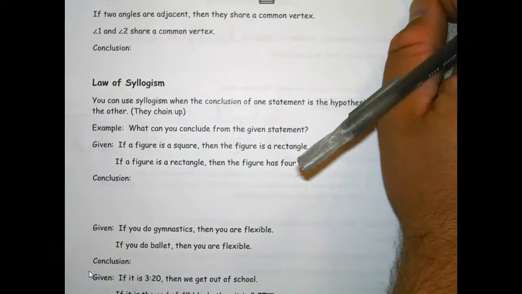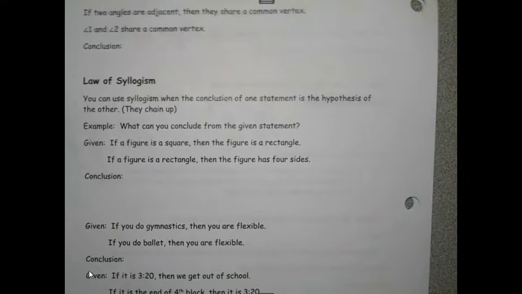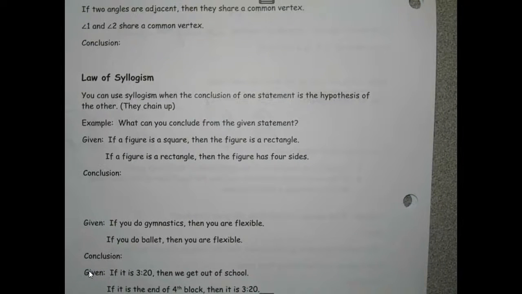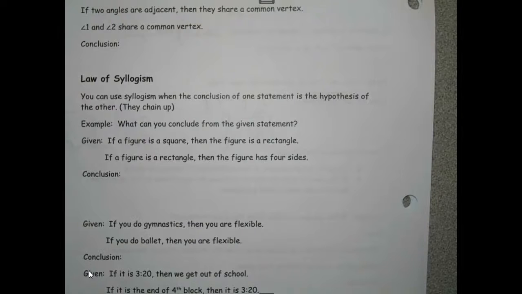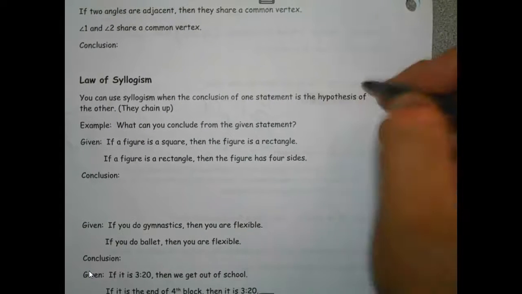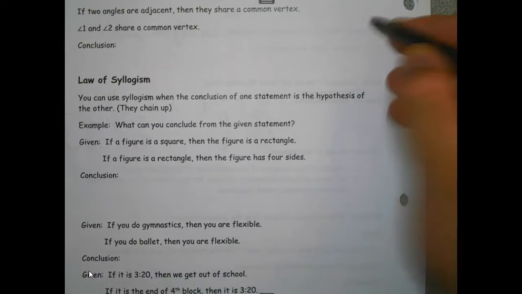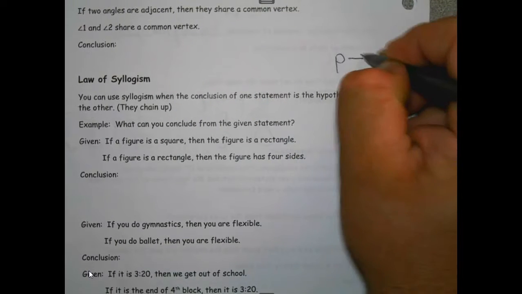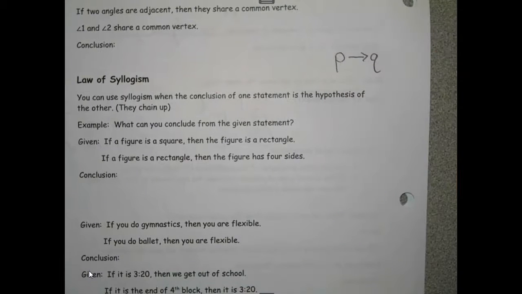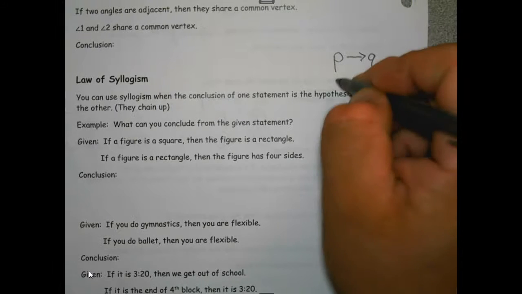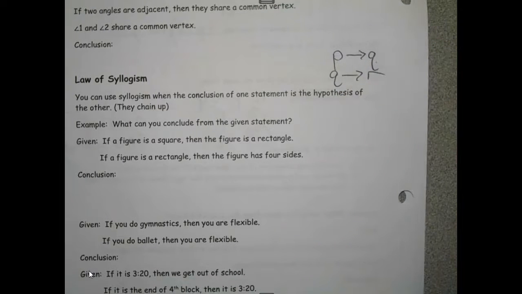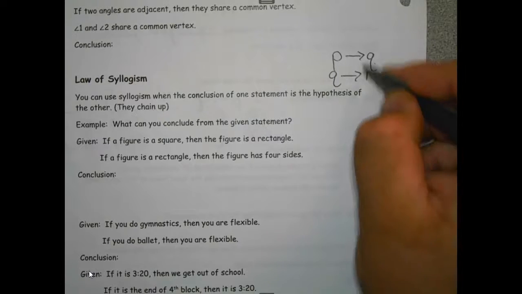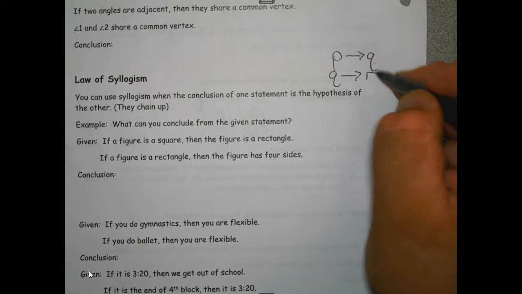On the other hand, you have what's called syllogism. And syllogism is a chain. Okay? So syllogism still starts with P to Q, but then we use the first hypothesis to make a new statement, Q to R. And so if both of these are true, what ends up happening is, if you remember from